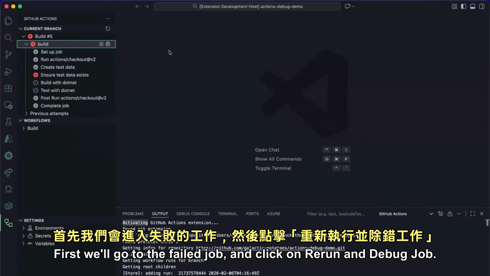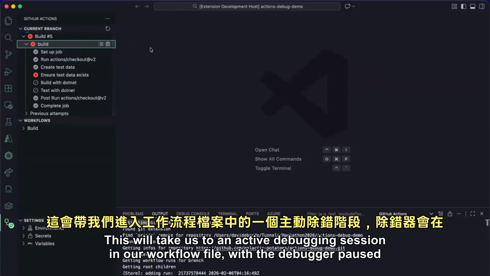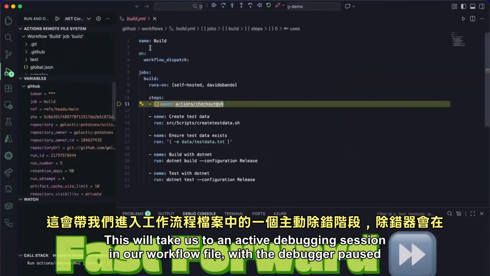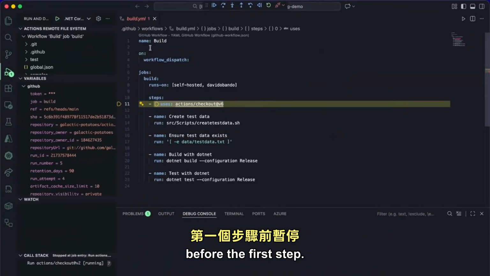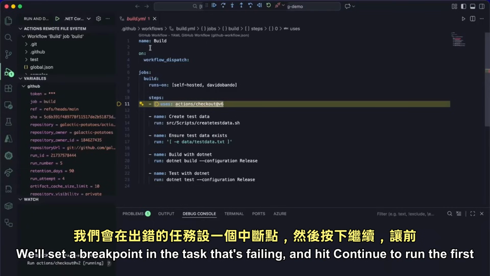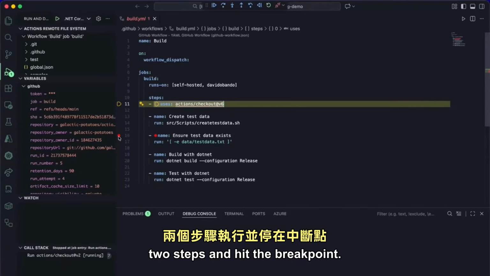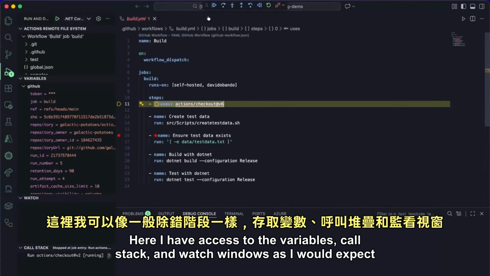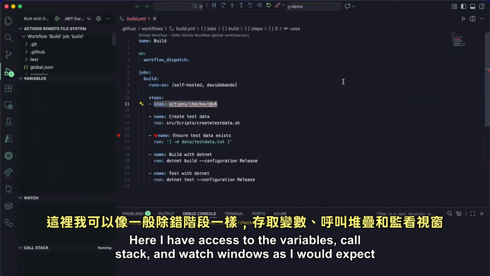First, we'll go to the failed job and click on Rerun and Debug Job. This will take us to an active debugging session in our workflow file, with the debugger paused before the first step. We'll set a breakpoint in the task that's failing and hit Continue to run the first 2 steps and hit the breakpoint. Here, I have access to the variables, call stack, and watch windows as I would expect in